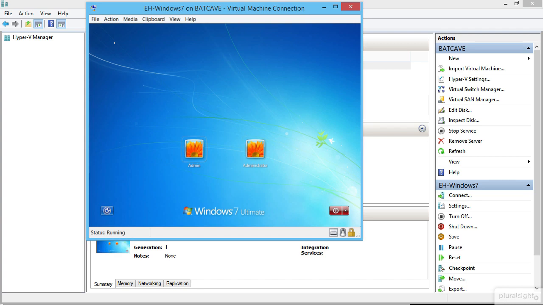Now, the downside here, folks, is that you'll notice my screen's a little bit smaller because, again, these are the extensions or add-ins for Virtual PC. So you can see my mouse is not working. I can't click on anything. I can use my tab and arrow keys to navigate from here. You'll notice that the admin account is currently highlighted. If I use my right key, I have the administrator account highlighted. And of course, if I use my left